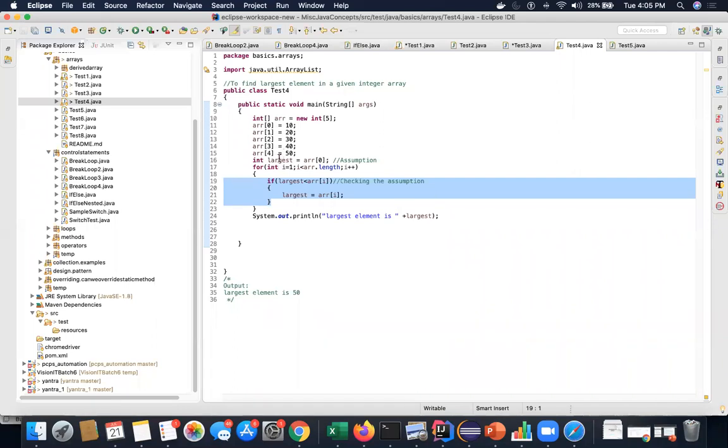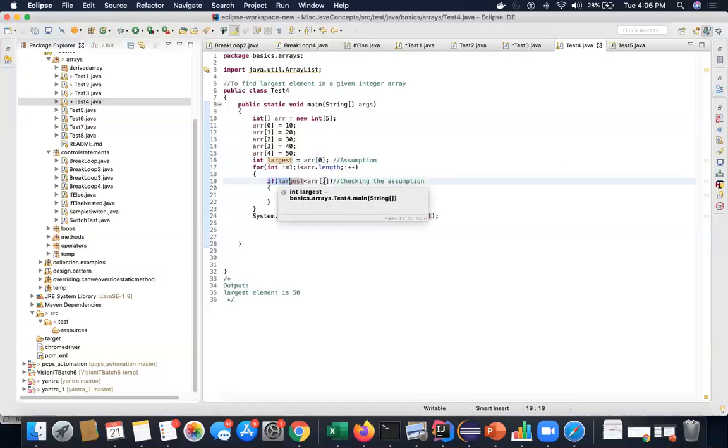Logic simply says, I will first save the largest. I will assume that this is the largest. And then in each iteration, I'll try to change my opinion, right? As the saying goes, as the data changes, I change my opinion. So here the data is changing with each iteration, and with each iteration, I am comparing whether my assumption was right or not. If my assumption is right, that means don't go inside the loop. If my assumption is wrong, then I will have to go inside the loop and modify the value of the